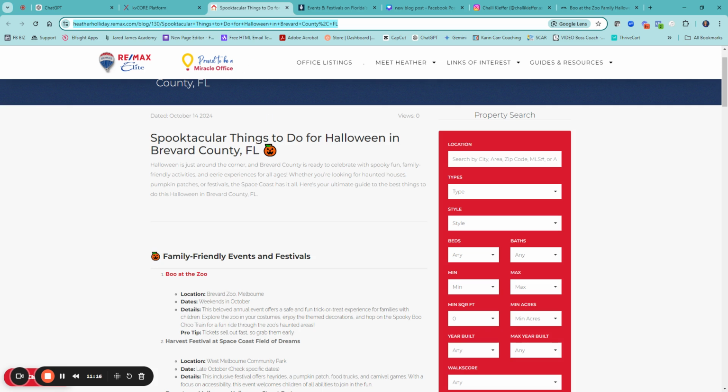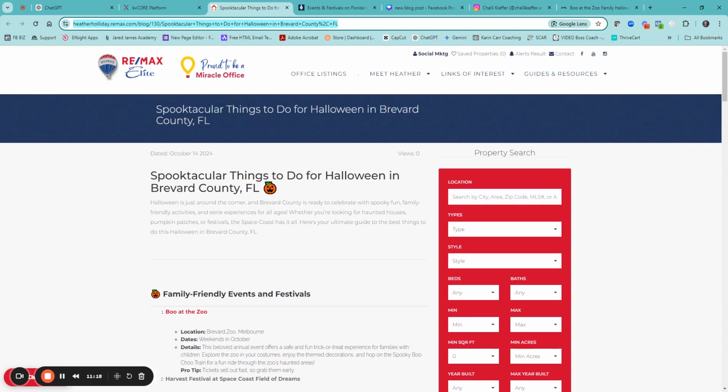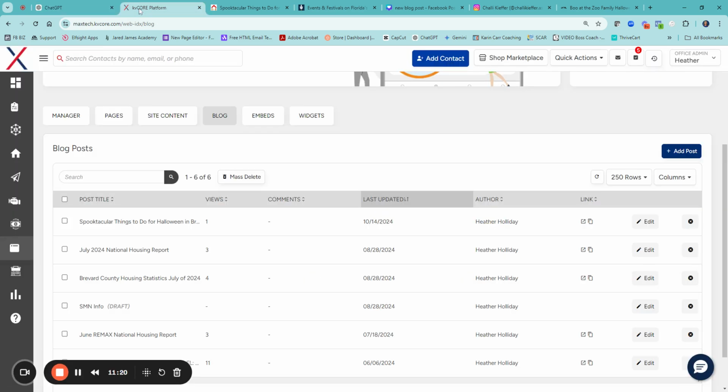It's a great feature. So doing all of that, you have ChatGPT write your blog, link things, do a little research. Doesn't take that much time. Once you have the site you're going to be doing the research on, it makes it super easy. It may take me about 15 minutes to do each of these blogs, but I know I'm providing valuable information that's going to be repurposed across all social, my newsletters, all of that fun stuff.